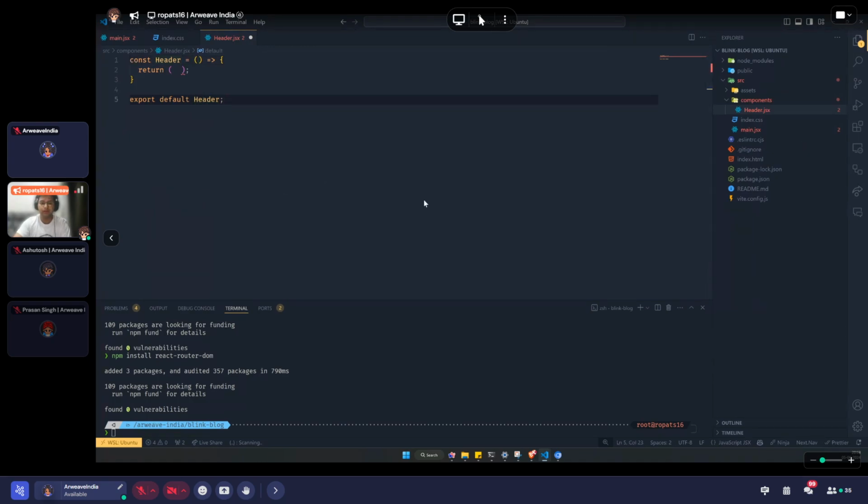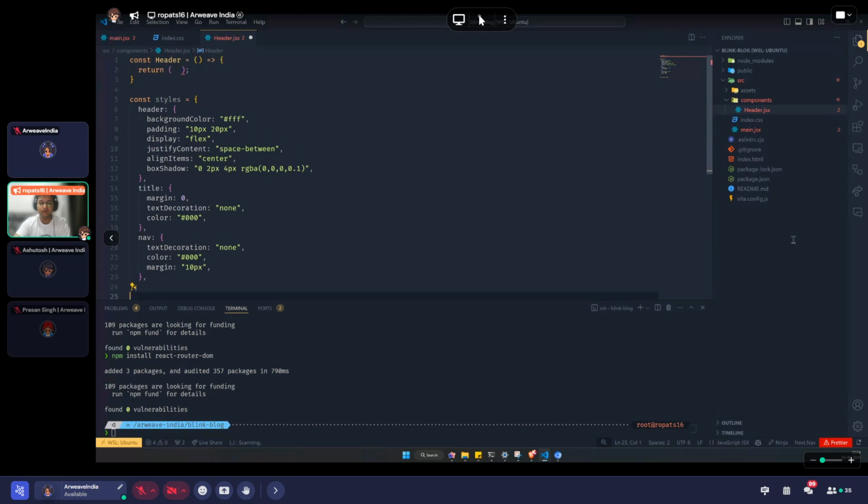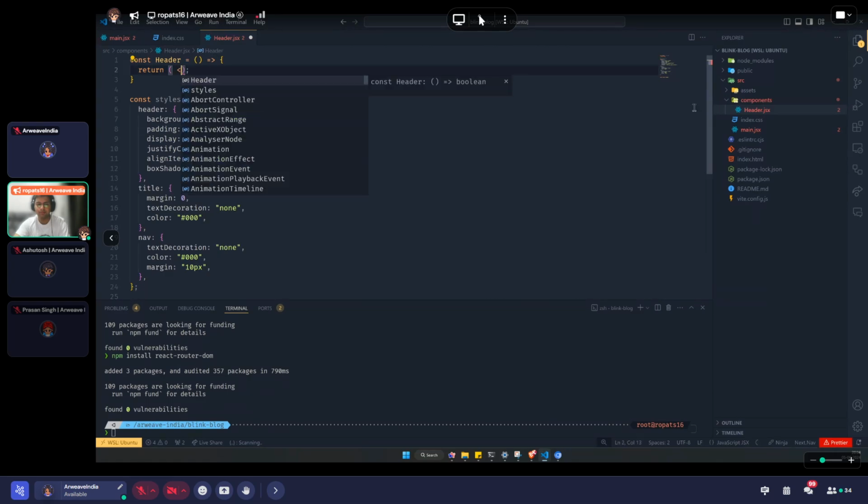What are we going to need in this file? Okay, so this file has some default style, so I'm going to copy this first and paste them here. Again, like these are very basic styles, just because out of the box, these components don't look really nice. So this is basic styling. More advanced styling we'll be seeing in the next workshop. Yes. So the first thing we want to implement here maybe is just